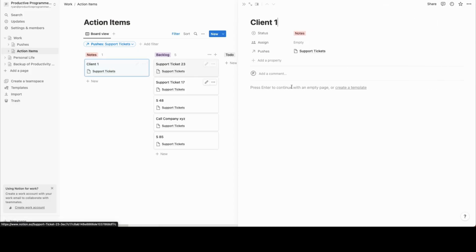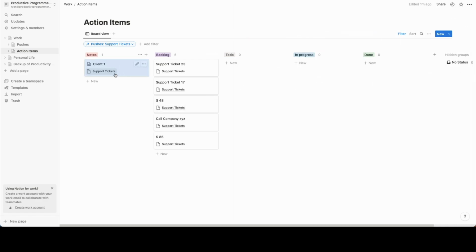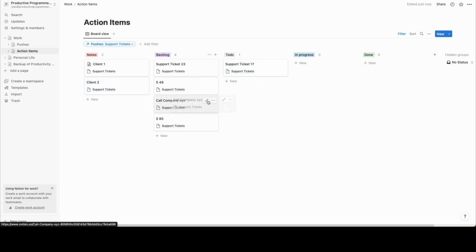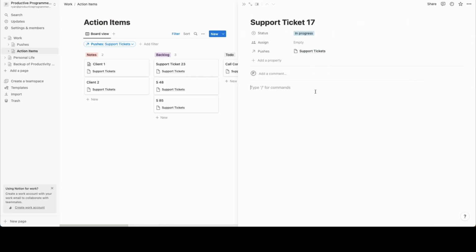So you can come into this notes section and you can put notes like, talked to them on XYZ, on whenever, and they like the color blue theme. So you can put notes here, and you can organize your life with, like, client 1, client 2 for support tickets, and then you can move out the ones that you are to do, and then you can move the ones that are in progress but aren't complete here, and then you can come in here and you can say, like, okay,